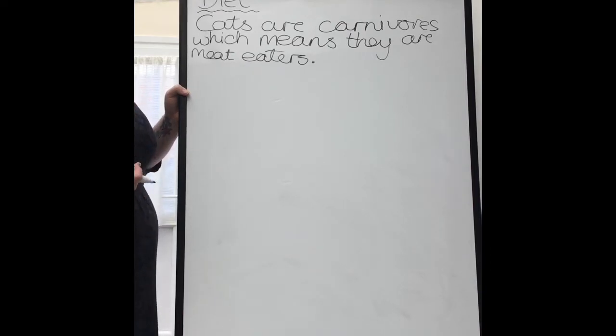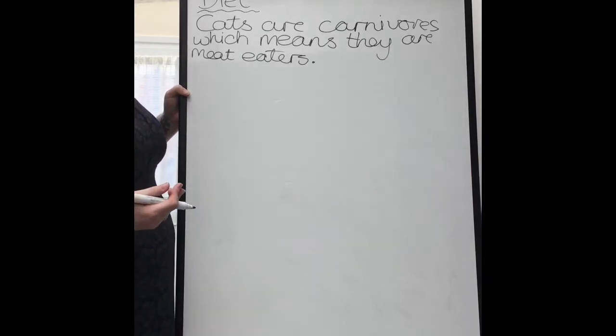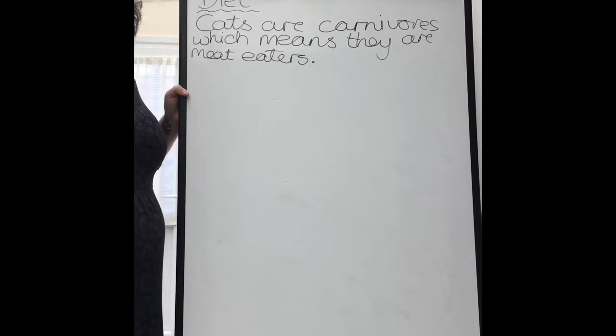I now want to go on and talk about what cats would eat if they didn't live with humans. So I'm going to explain about the kind of things that they would eat if they were still living in the wild, what kinds of things they would hunt and how they would go about hunting it. So, cats, like their big cousins in Africa, are predators. That means they hunt. That means they need to be able to stalk their prey. They have claws. So how can we put this into a nice sentence?